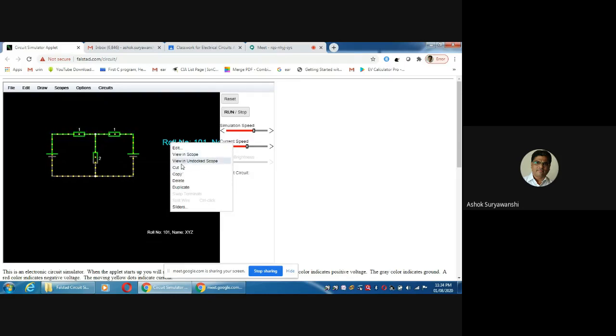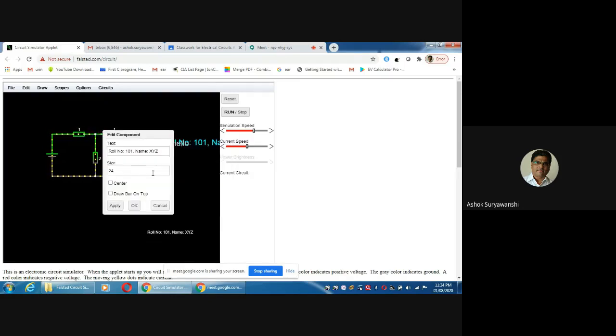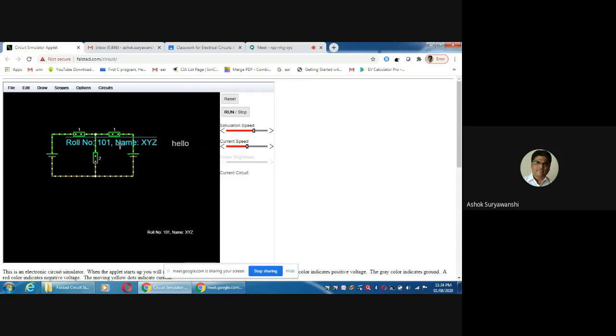You can take a center, or maybe draw a bar on the top and keep it at the center, or maybe let it be here as it is. Okay, apply. So like this you can set this at any particular place, maybe at the center or maybe the right side.